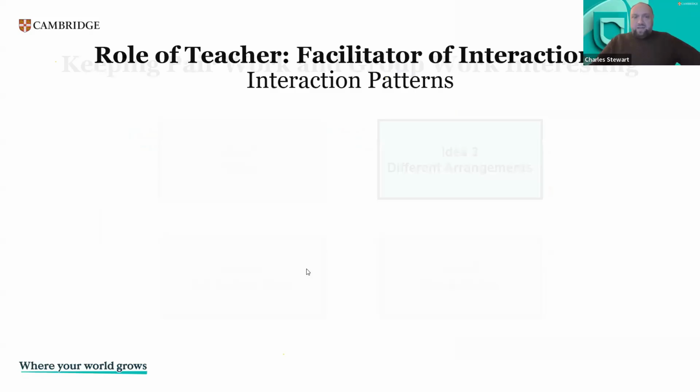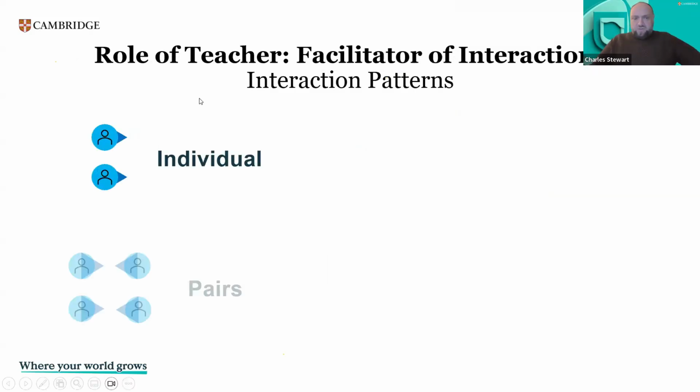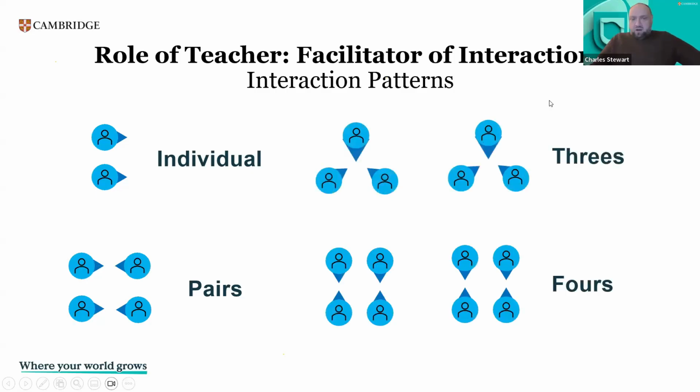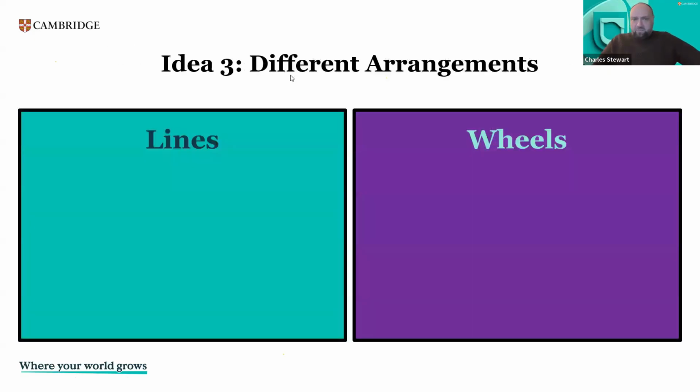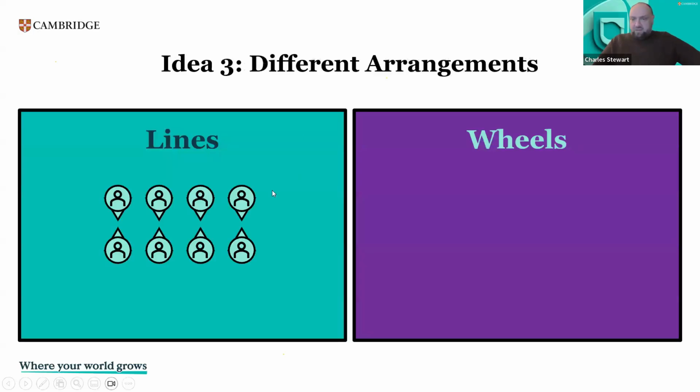Another idea would be to vary your interaction patterns. So typically, these are typical patterns that we have in the classroom with pair work and group work, something like pairs, groups of 3, groups of 4. Vary it. If they're working with a partner, consider something called lines. This works really well if you have questions that they're discussing with their partner. You basically have them form 2 lines and they face each other, and you give them a question that